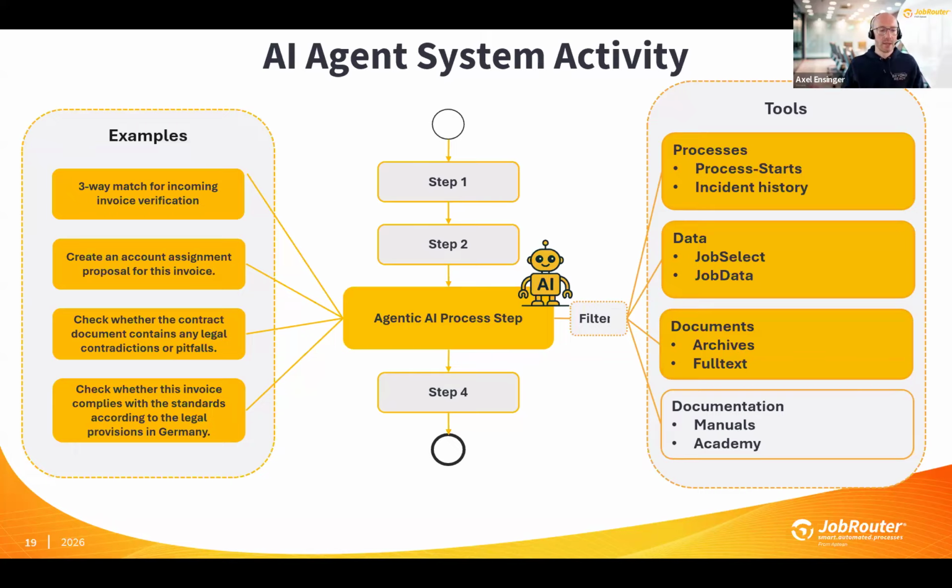On the left side, I've written down some examples what this could be. So, for example, it could be a three-way match of an incoming invoice. And I talk about this because I know that a lot of our customers are using jobrouter also for accounts payable workflows, invoice approvals. And a three-way match would be that we're receiving an invoice with invoice line items. And now we would like to compare these line items of the invoice with the delivery notes that we also received and have booked in our system, and also the orders that we initially took and sent out to this vendor.